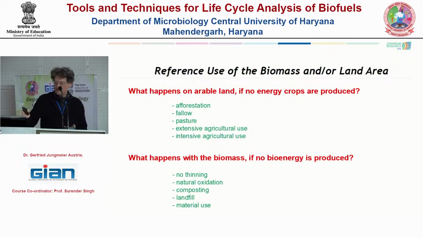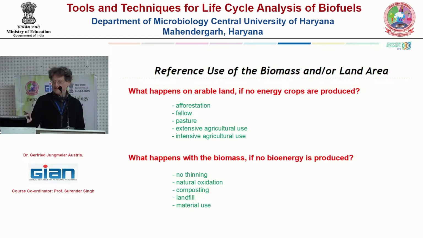And so these two questions are quite relevant. What happens on an arable land if no energy crops are produced for your purpose? And there are different possibilities that have somehow to be included. And you will see it later on if I show you more